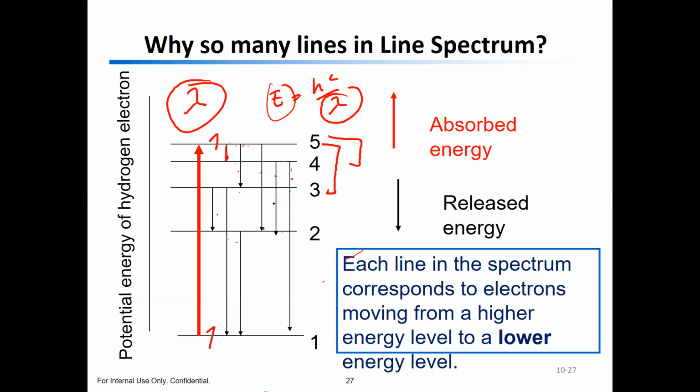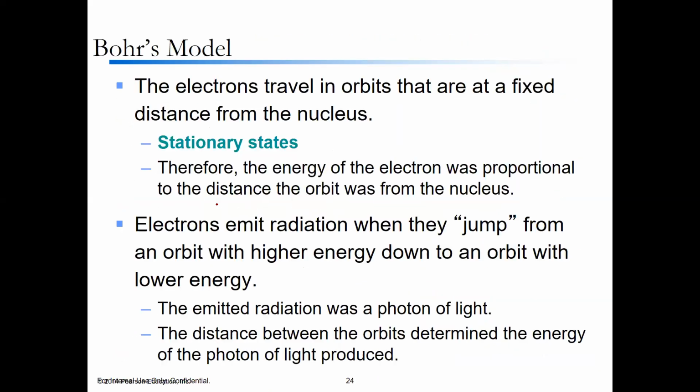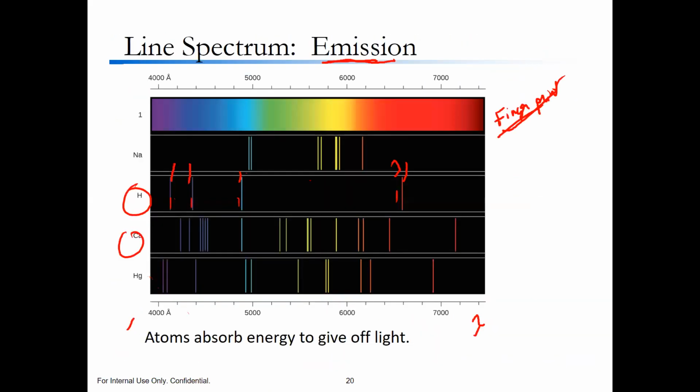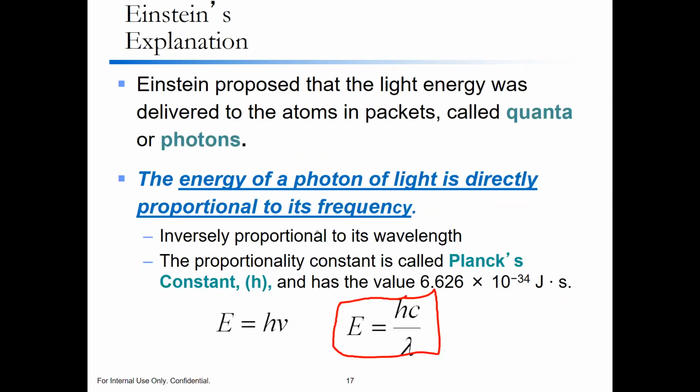So that explains why we have a different pattern, why we have so many different wavelengths of light being released, and why does it have this pattern? The pattern depends on